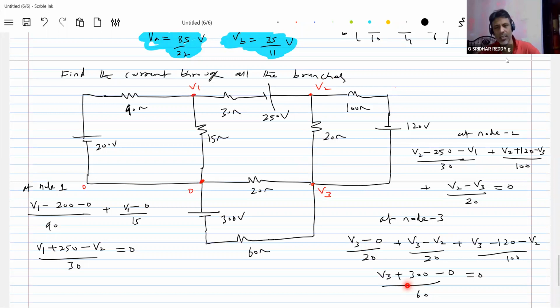I think we should make observations of these things also. For a junction, as many branches as there are, that many IR drops will come into the picture. All these are observations, there's no concept. Students who practice a few problems in different situations become more skilled. Look at the previous problem and this one: the number of branches connected to a junction determines the number of IR drops. When solving a problem, we have to cross-check how many IR drops there are, which determines how many branches are linked to that junction.